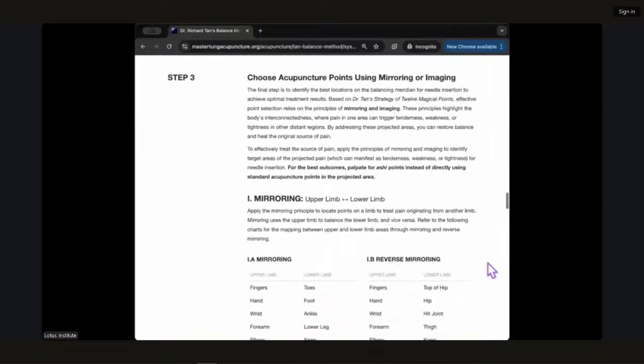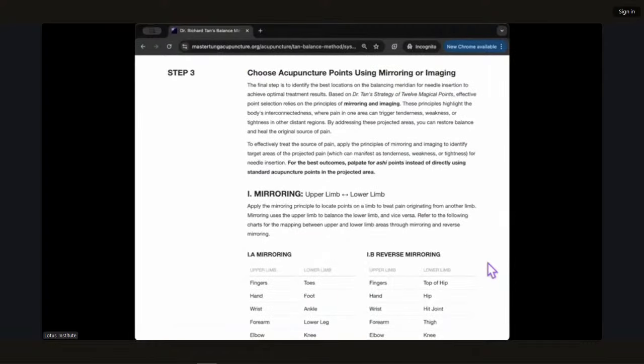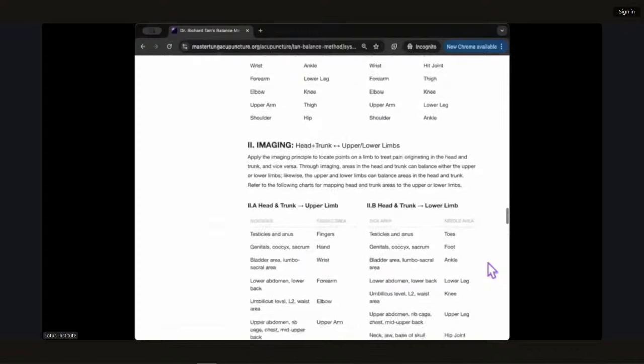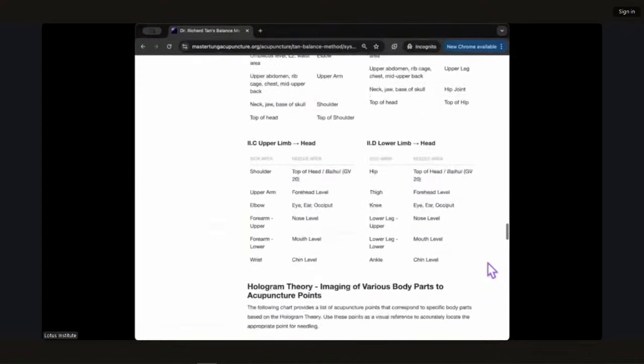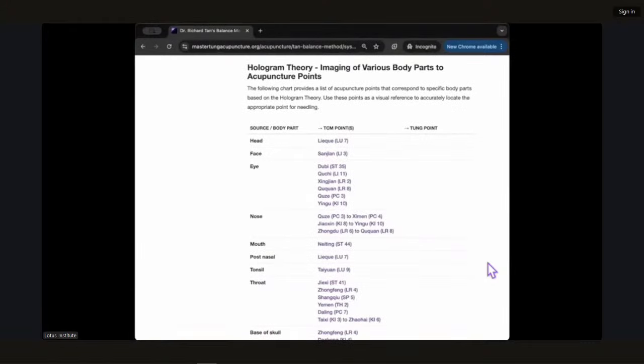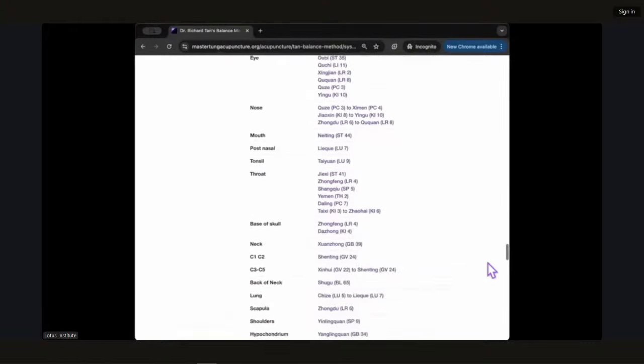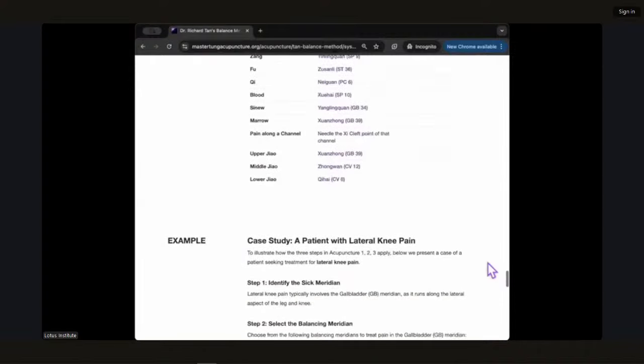And then step 3, which provides you the mirroring and reverse mirroring charts, 4 imaging charts, as well as a chart of the hologram theory, all laid out so you can quickly reference it wherever you are.